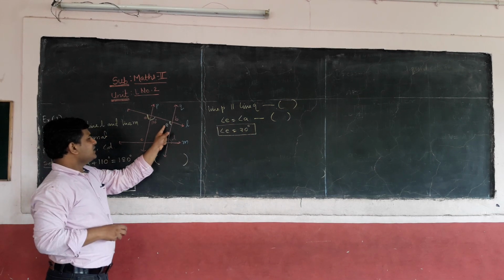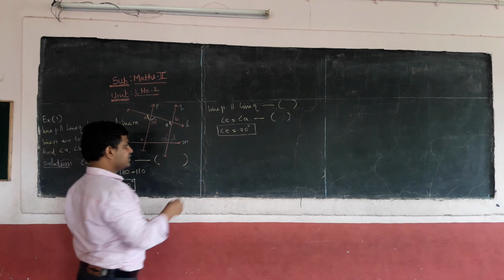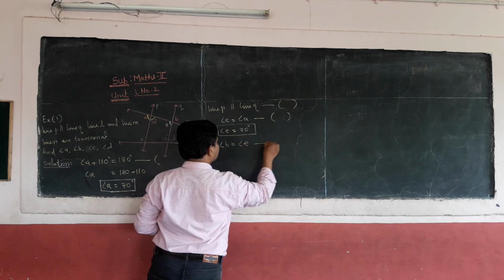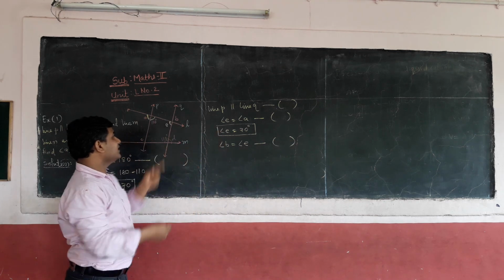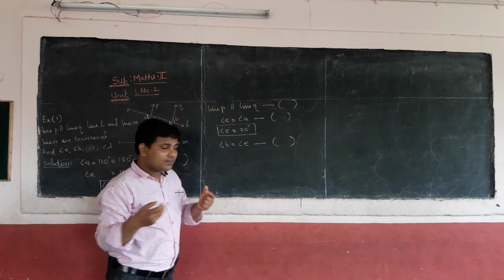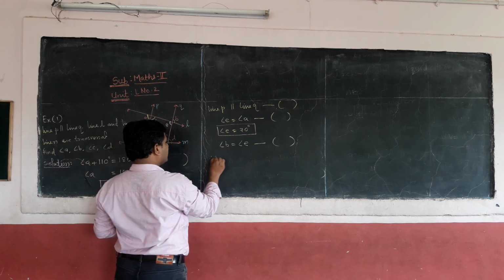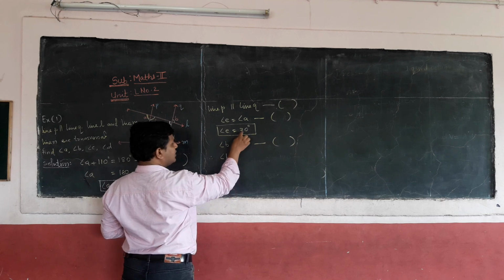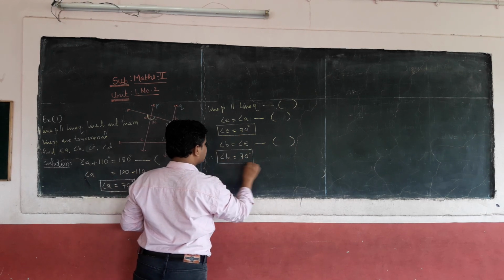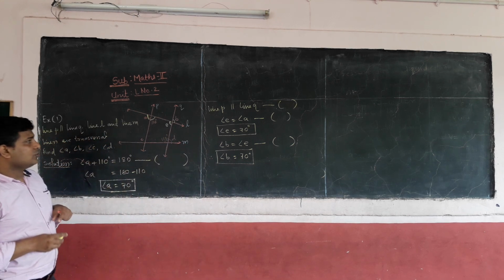What is the relation between E and B? Correct? Angle B is congruent with angle E. Reason? Obviously these are vertical opposite angles. एक दूसरे के opposite है नहीं? उनका measure क्या रहता है? Equal रहता है. Therefore, we can say B is how much? E कितना है? 70. So value of B will be also 70 degree. So we got the value of B.